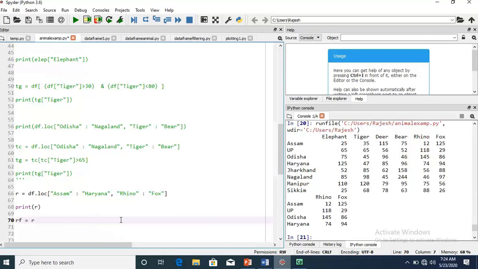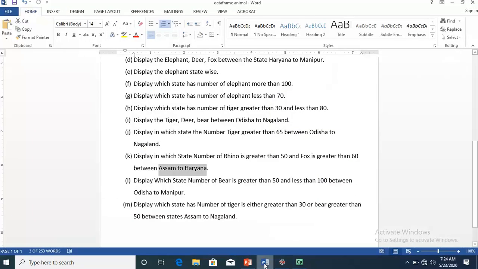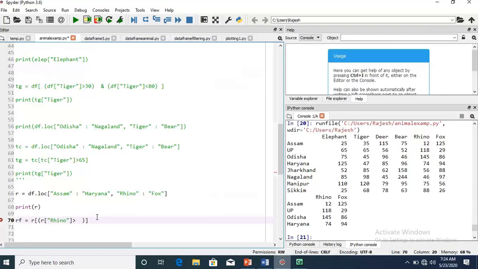Then R, then square bracket, as we have to apply two or more conditions. Then a parenthesis, then R square bracket, the column rhino is greater than 50.